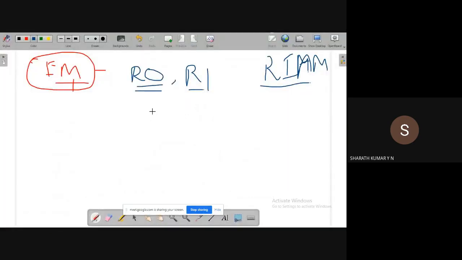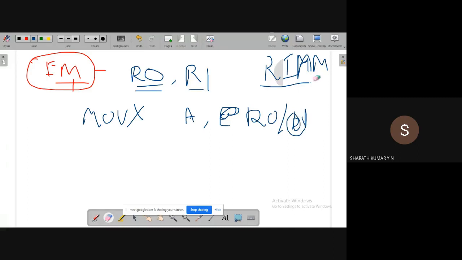The instruction remains the same: MOVX. For example, MOVX A, @R0 or @R1. We can use @R0 or @R1. Sorry, extremely sorry, I'm not able to comfortably move the mouse.